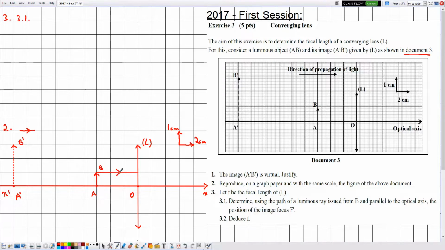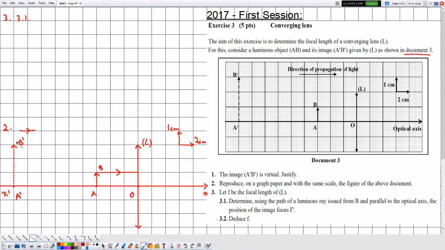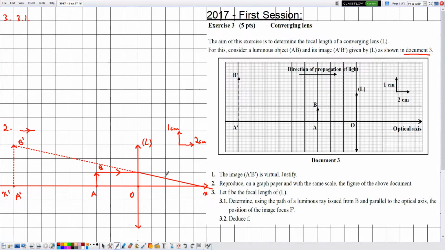We know that this ray will emerge passing through the image focus, because all incident parallel rays are related to the image focus. However, in this case we don't know the position of the image focus. We know the image B prime of B, and we know that all incident rays issued from B emerge from the lens as if coming from B prime. Then this ray will emerge as if coming from B prime like this. Okay, and we don't forget arrows on light rays, incident rays as well as emergent rays, that indicate the direction